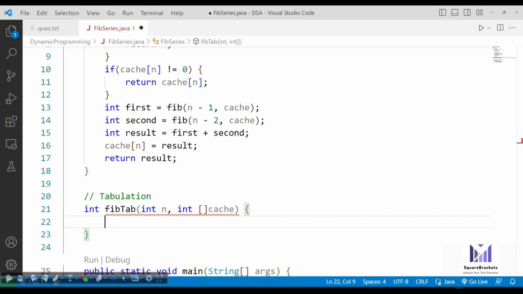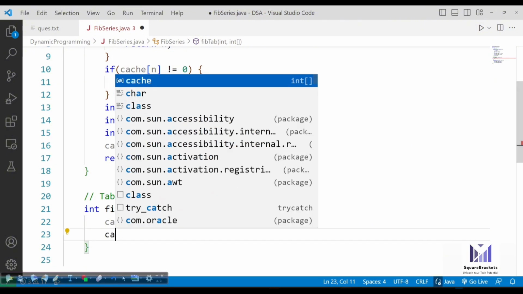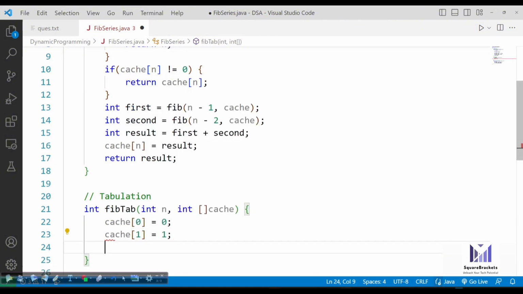All right. Now, the idea is basically, we know that in the Fibonacci series, two terms, the zeroth and the first term, are fixed. I can say in my Fibonacci series, the zero index will be 0 and the first index will be 1. After that, we have to start doing the addition. So I just have to add I minus 1 and I minus 2.